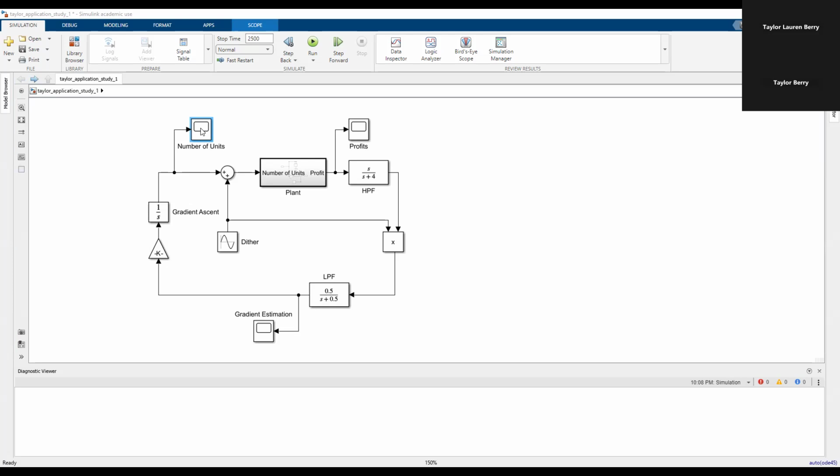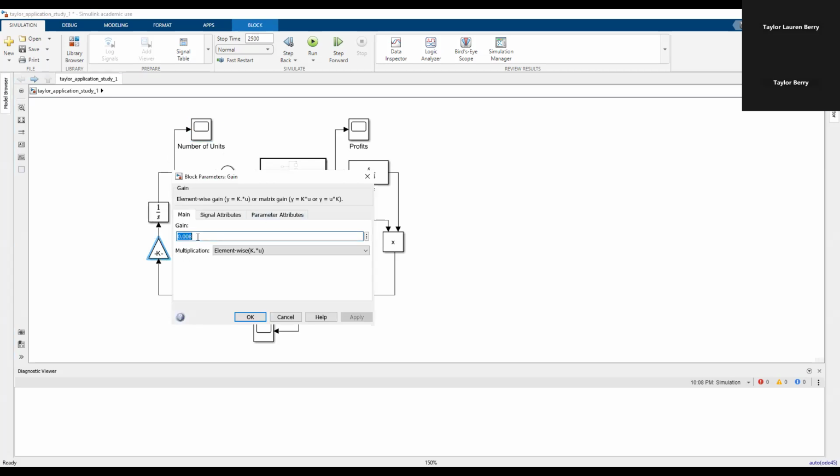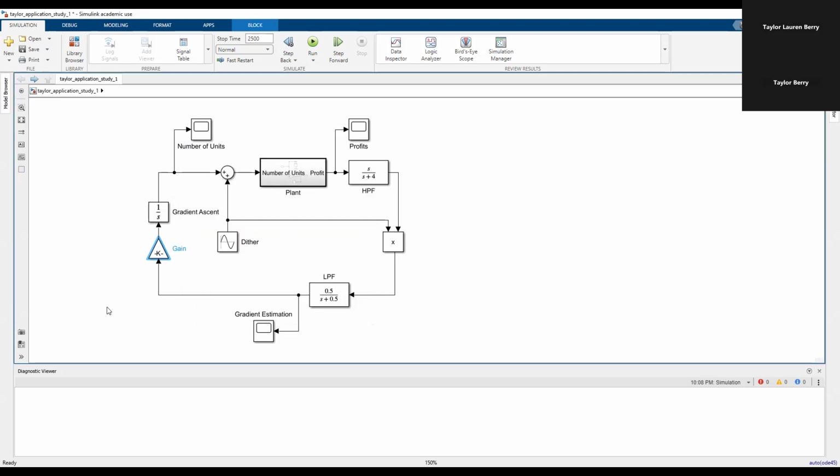There, it goes up and down, up, down, and then it starts to level out. To make this look better, we had to change the gain. So our gain over here is going to be 0.008. It started at, I think, 1, and it became infinite, and it was crashing, maybe not crashing, but it was popping up errors down here in this diagnostic viewer. But if you play with that more, then you'll be able to have a more finite